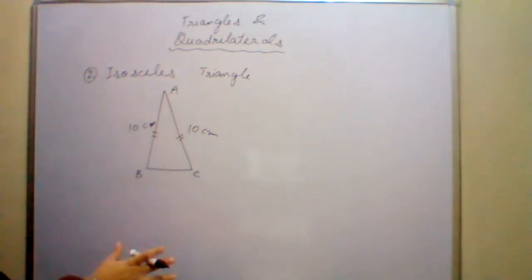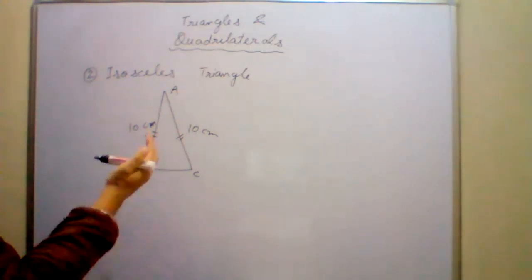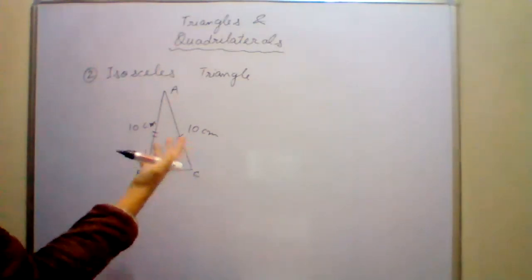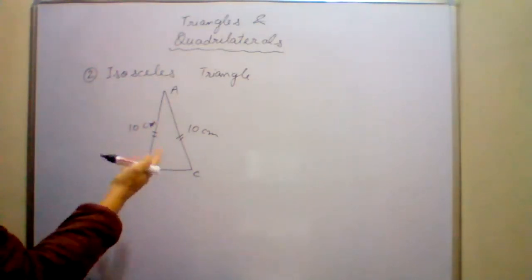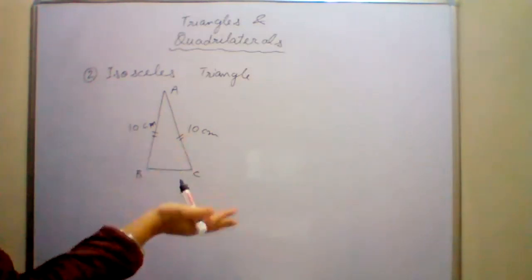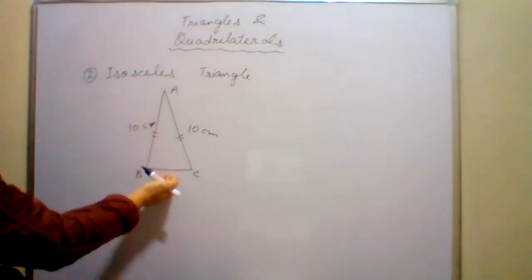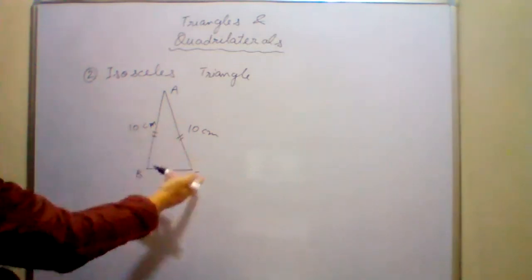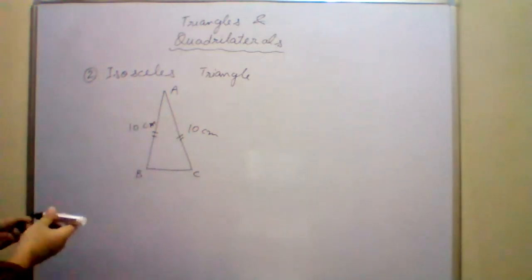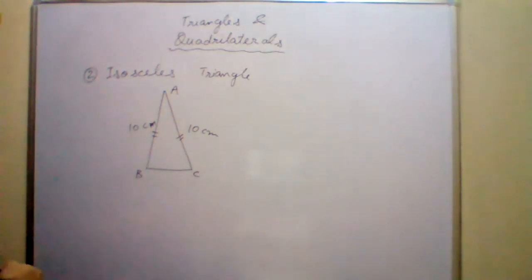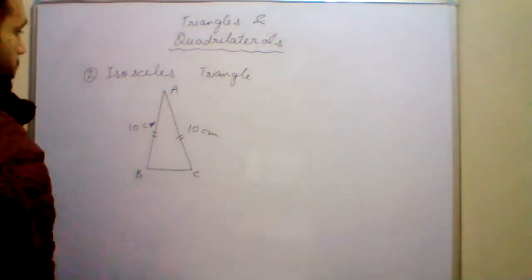It will not be 10. It could be 5, it could be 6, it could be 9, but it will not be 10. It could be more than 10 also. Okay, sir. 10 से बड़ी भी हो सकती है, but it will not be equal to 10. अगर 10 होगी, then it will become an equilateral triangle, not an isosceles triangle. And it can be 12 also. 12, 13, 11.